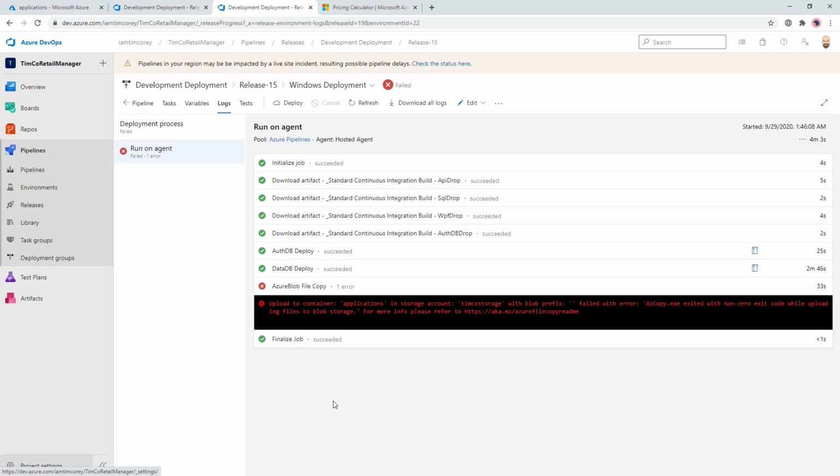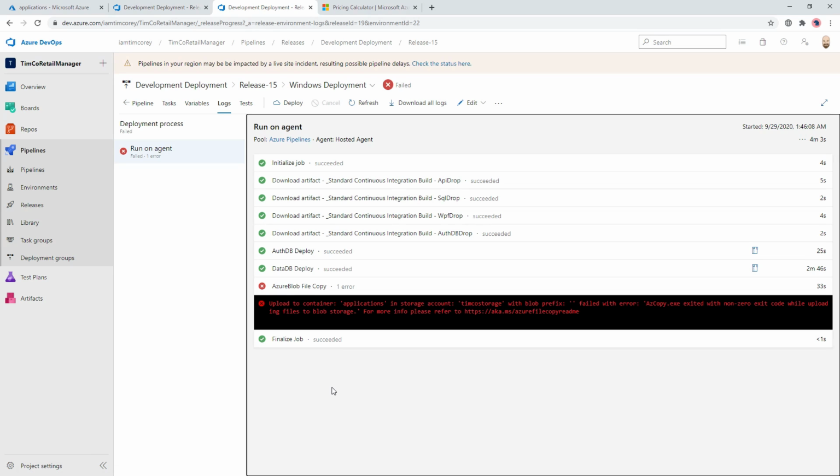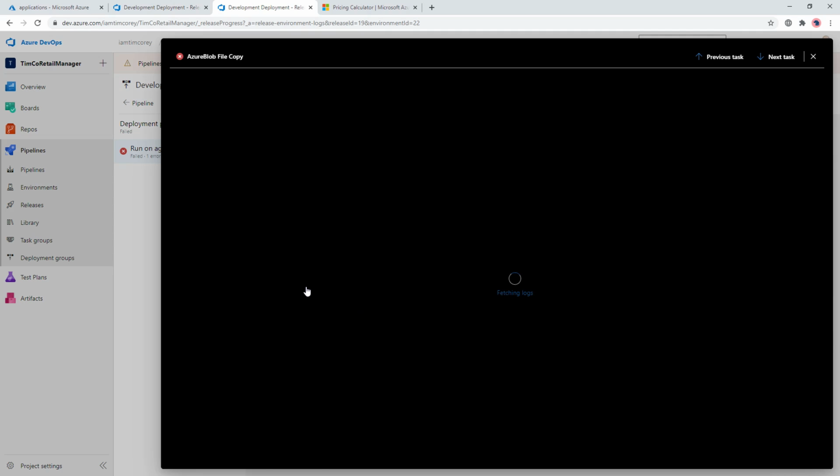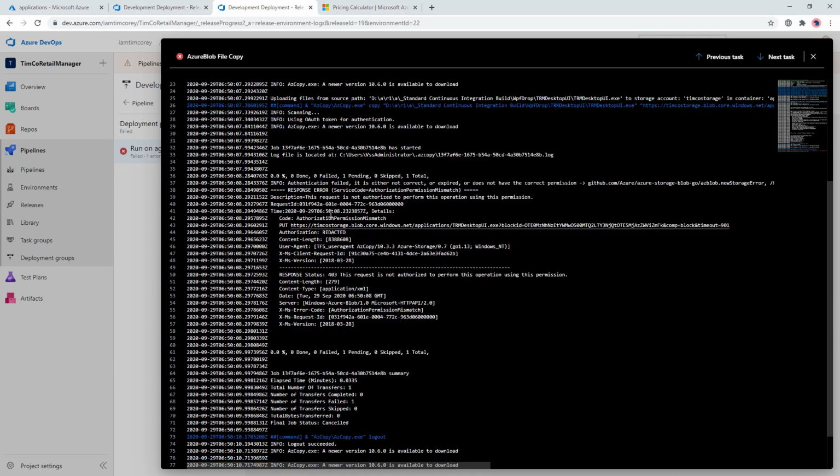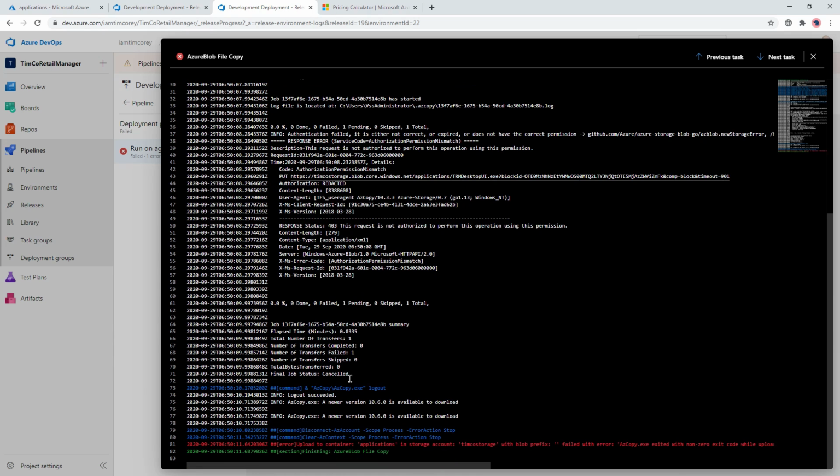And that didn't work. Like I said, expect problems. It's okay. So it says Azure blob file copy did not work. Frustratingly, this is the last task in the process, so we had to wait for it all to be done. But if we scroll down here and look, we get this: upload to container failed with error azcopy.exe exited with